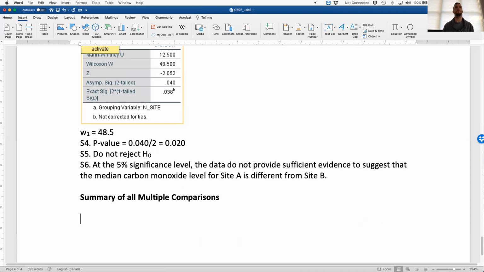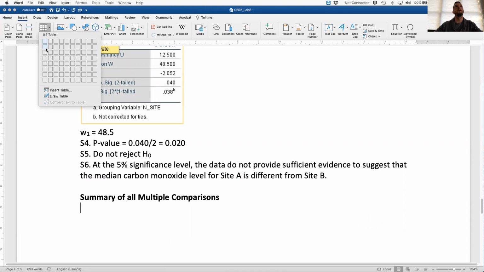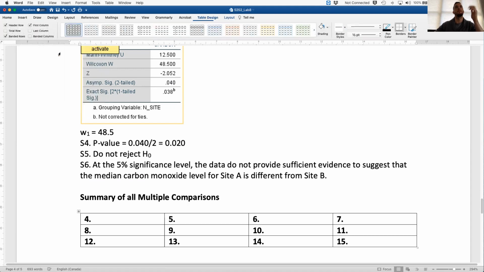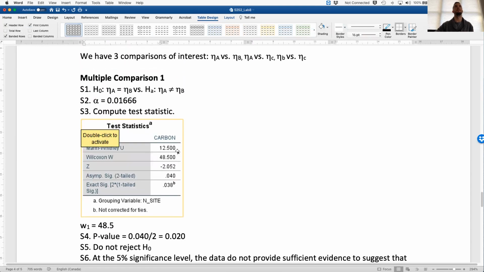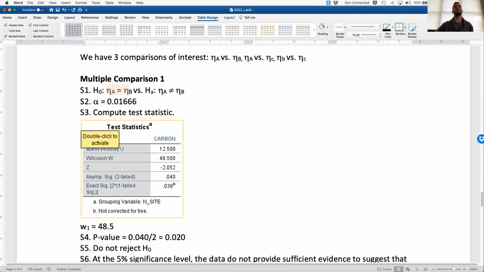All right. So the way that we could do this is we can just build a table in R. We can go table, we need, let's say, 3 columns for each of the different comparisons. And then we need the comparison, the test statistic, the p-value, the conclusion. All right. So this can be, for example,